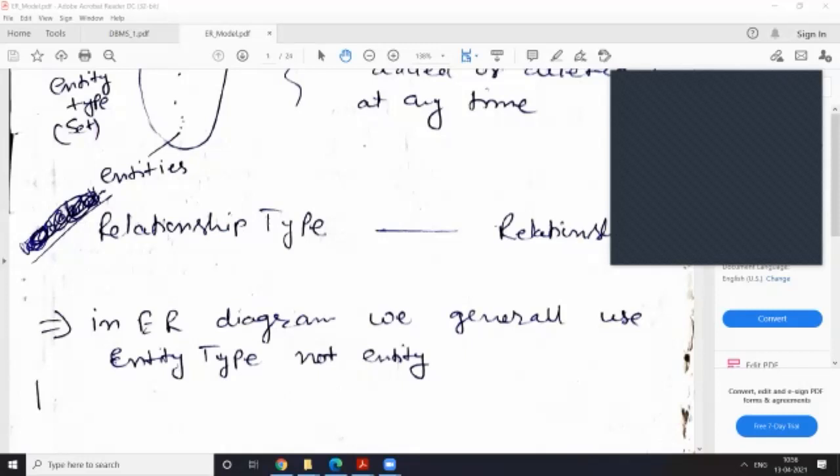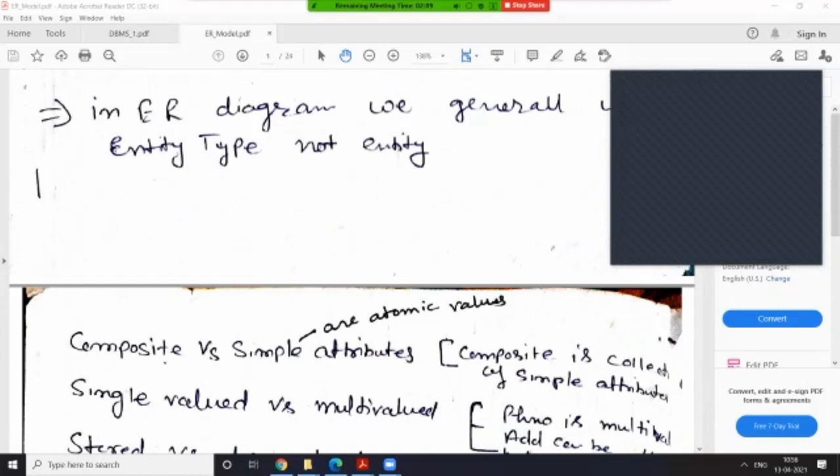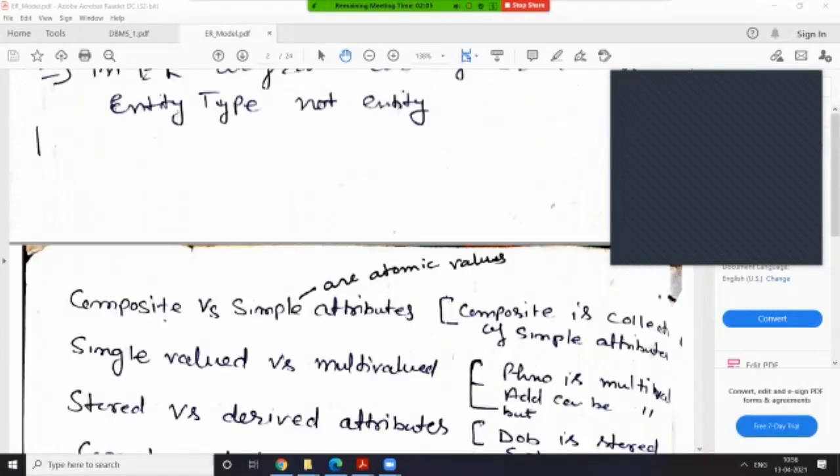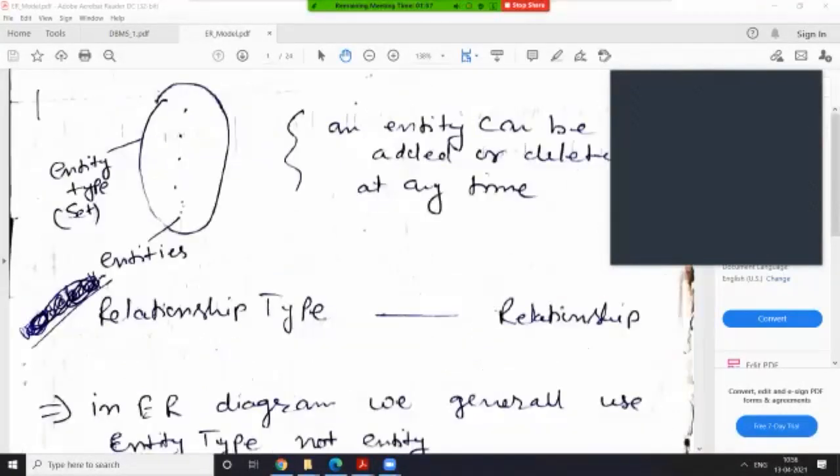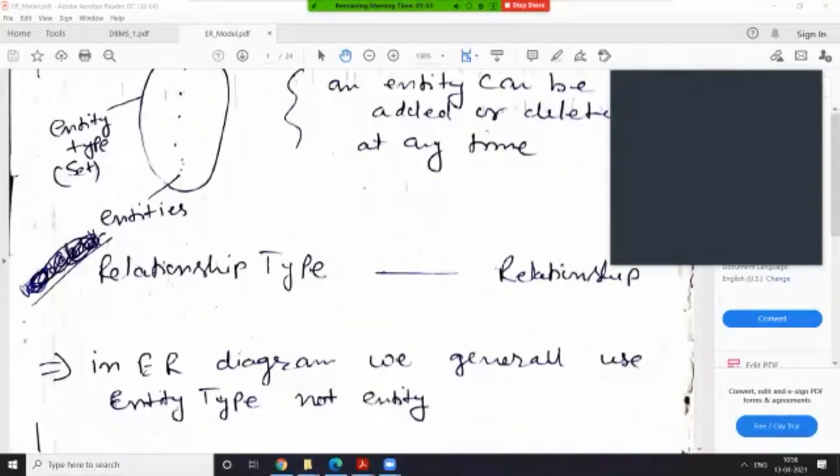Okay, so up to here, what have you understood? Entity, relationship and this thing, because further we are going to learn attributes and representation and various kinds of structural constraints. We will discuss the entity relationship model further. So is this clear? Everyone understood how we will identify. Yes, sir.